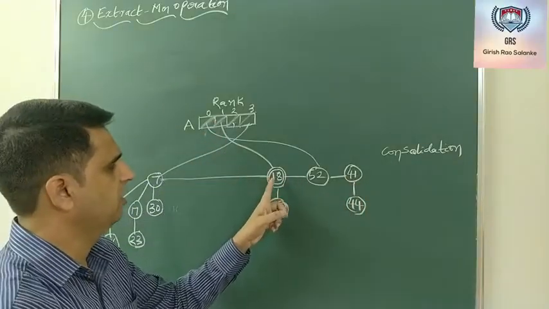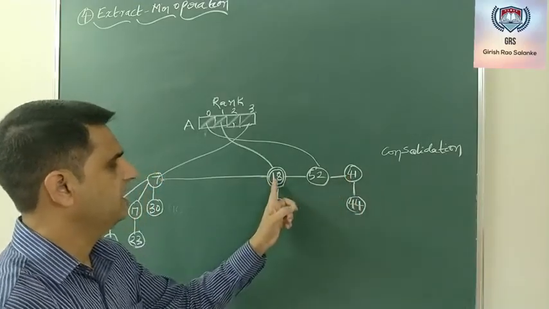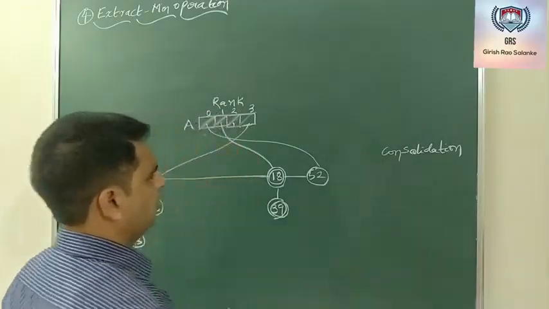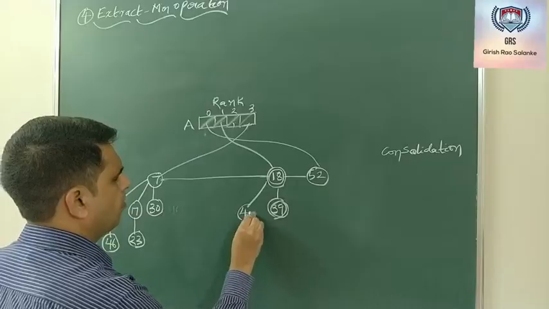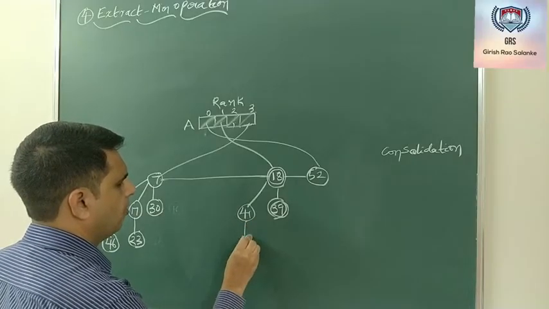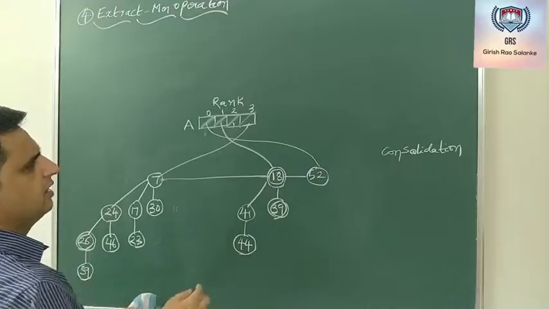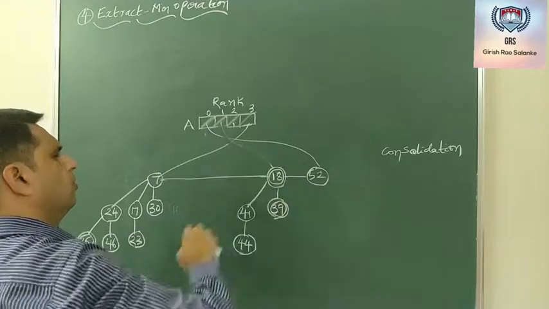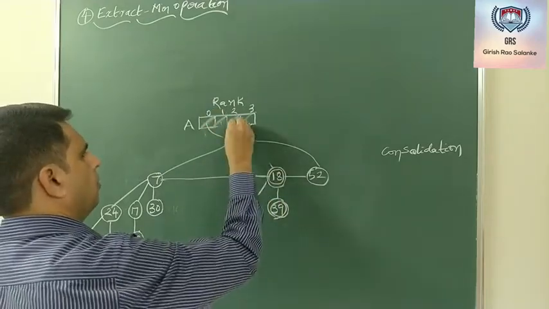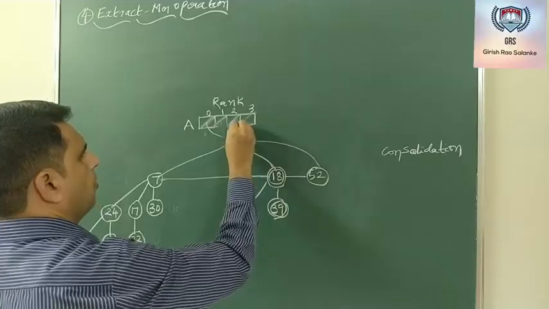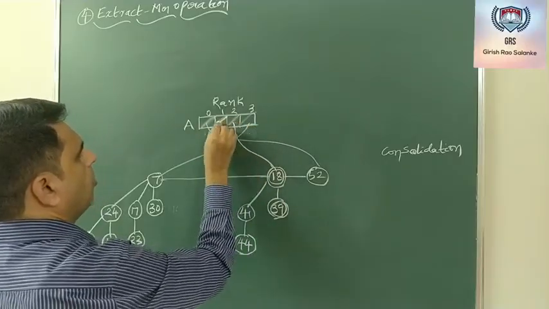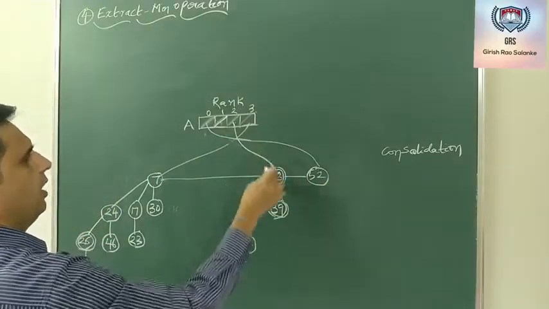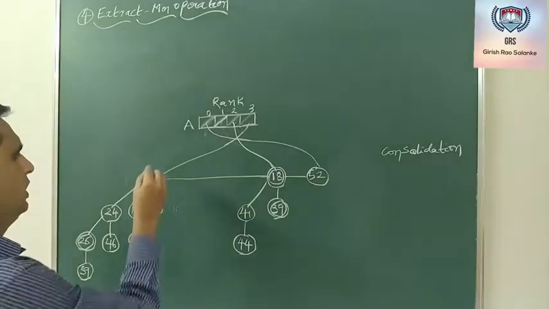Now I need to take a decision which is lesser, 18 and 41. 18 is lesser. So I will put 41 and 44 as the left child of 18 and 39. Now what is this rank? Rank of this got changed from 1 to 2. This is rank of 0, there is 1 node, 1. Rank of 2, 1. Rank of 3, 1. Now this will be my H dot min.